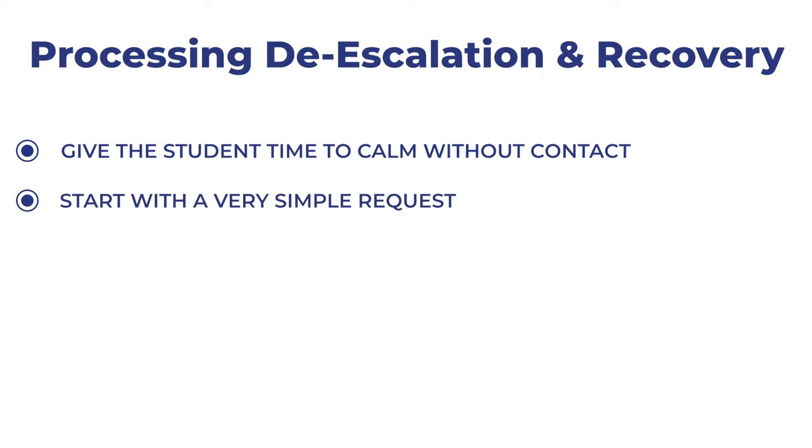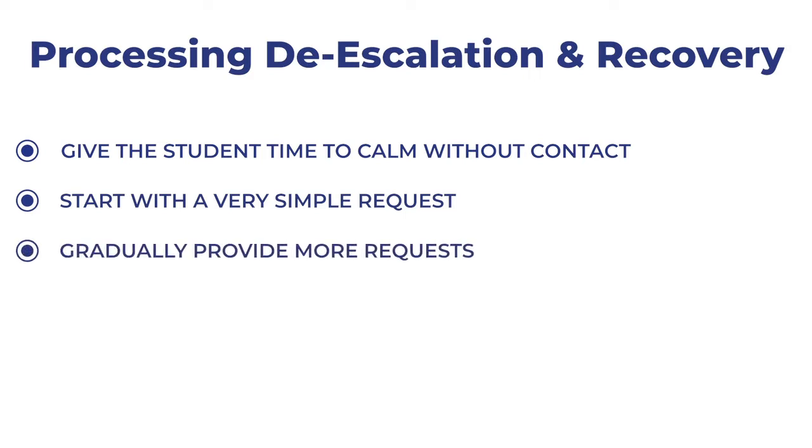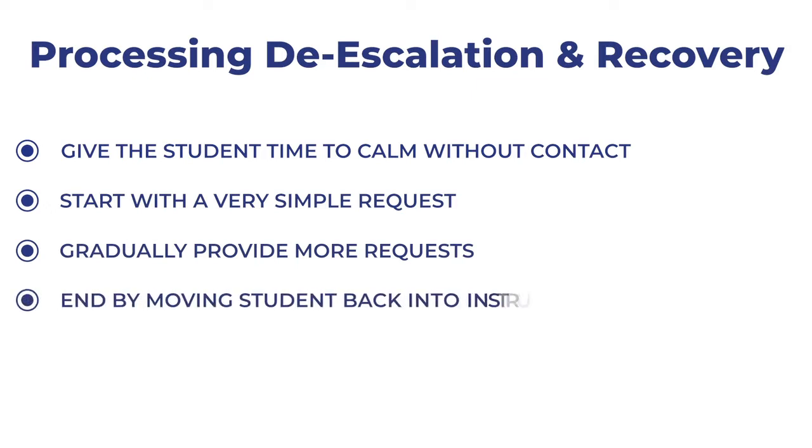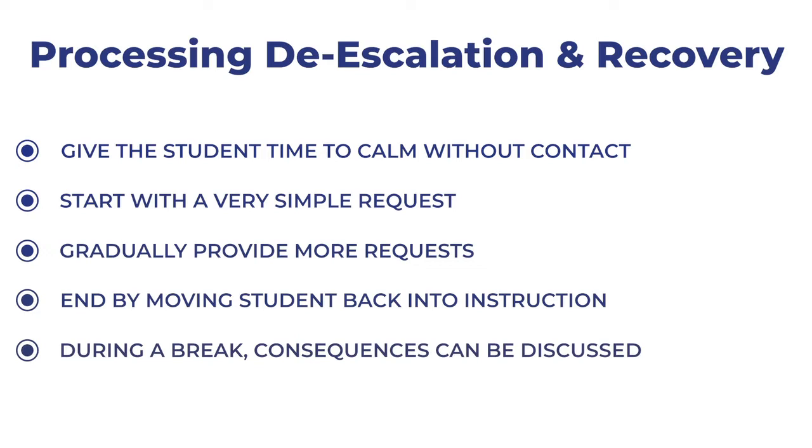Maybe, would you mind changing chairs? If the student complies, it's a signal to keep moving forward. But if there is any argument or hostility, it's a signal to back off a while longer. If there is compliance, requests can gradually become larger and more complex until the student is fully re-engaged. But remember, talk of consequences should be considered a teachable moment. So wait until after class or break, when you have the time to really have a discussion. Watch how the teacher facilitates the student's final steps of de-escalation.